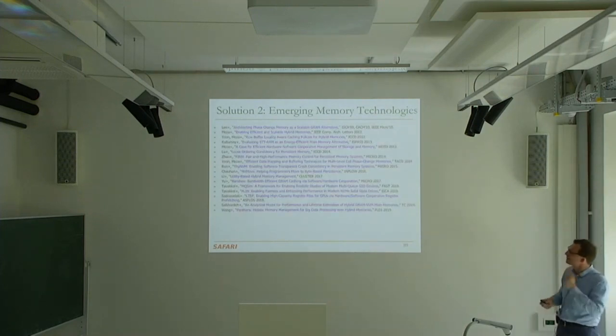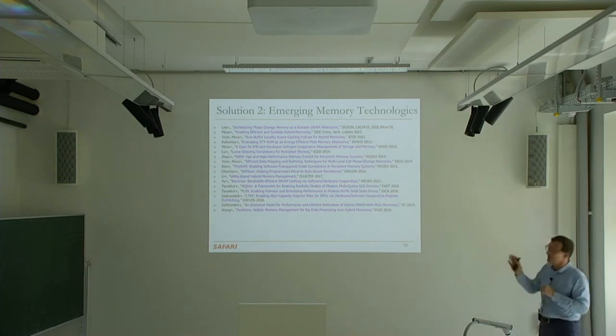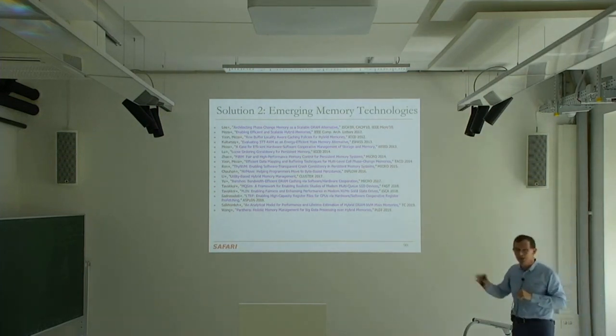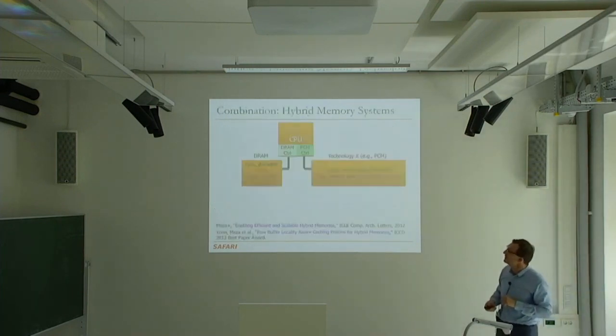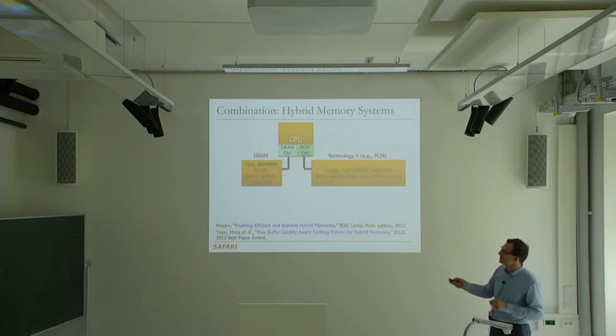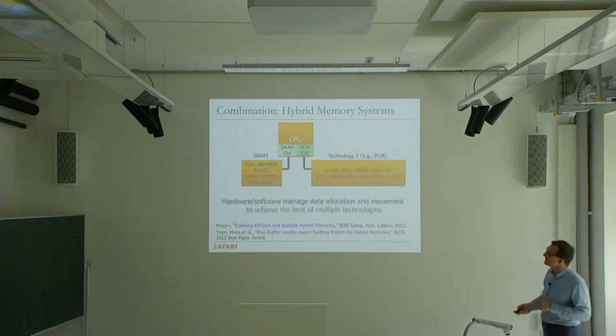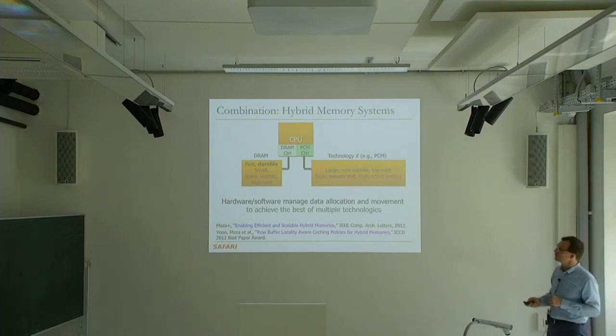And these are some of the papers. We didn't write as many papers in this area, but I think there's more to come. But we're going to talk about some of these. This is our earliest work in ISCA 2009 that I mentioned that talks about replacing DRAM with phase change memory, or how do you architect phase change memory as an alternative to DRAM. Okay, so I think the future looks more like this, in my opinion, because there's no technology that's good at everything. So we need to put multiple technologies together and somehow manage them. And I think this is clearly a very important research area as well.